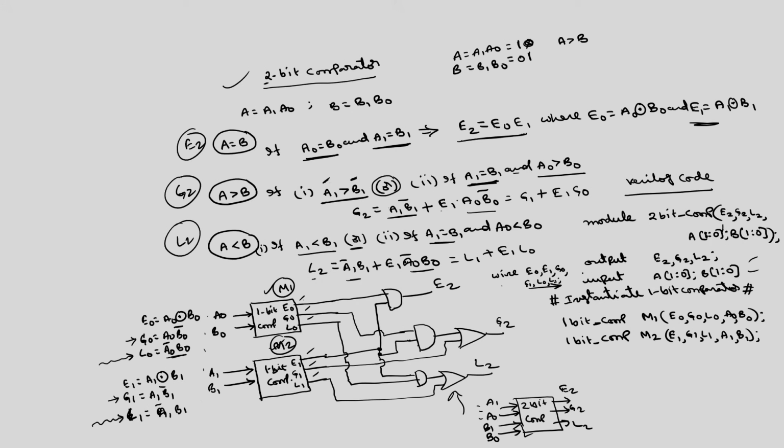Then the final result, to get E2. What is the expression for E2? E2 is nothing but E1 E0. We have to take an AND gate, which you call gate 1. Output is E2. Inputs are E1 and E0, which we have generated using these two 1-bit comparators. We have defined these as wires. So E2 is obtained. To obtain G2, G1 plus E1 G0, first you obtain E1 G0. You call this one some other wire W1, and this W2. So we can define W1, W2 also as wires.